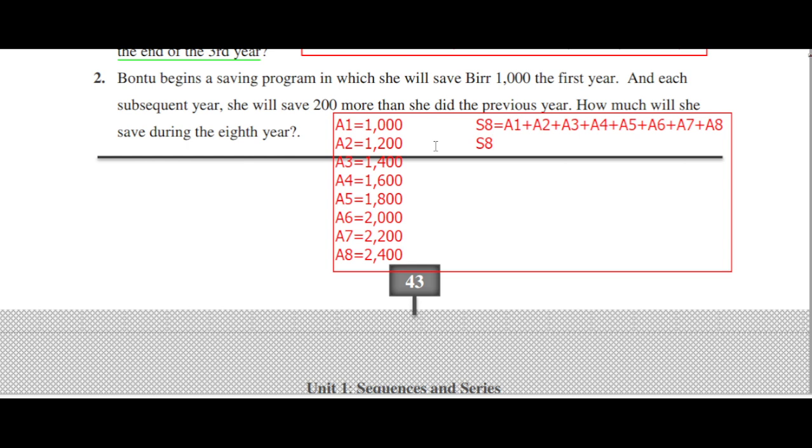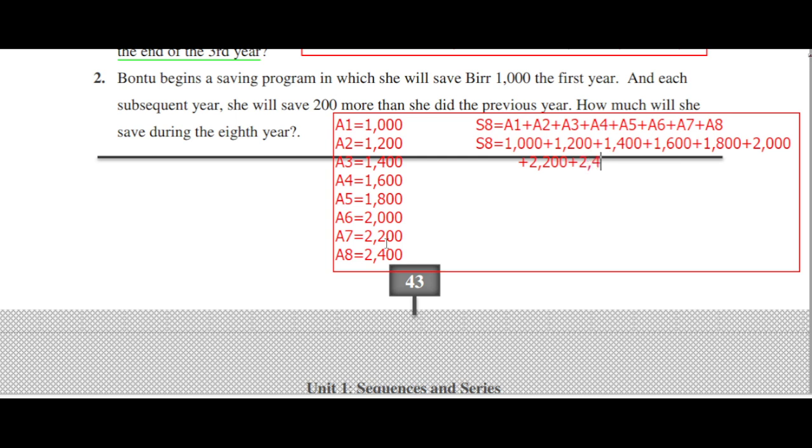So S8 is equal to 1,000 plus 1,200 plus 1,400 plus 1,600 plus 1,800 plus 2,000 plus 2,200 plus 2,400. These are 8 terms. After adding these all we get,